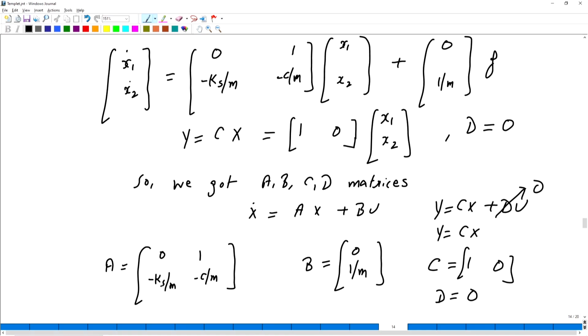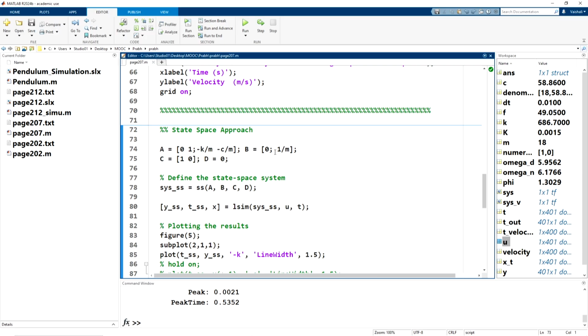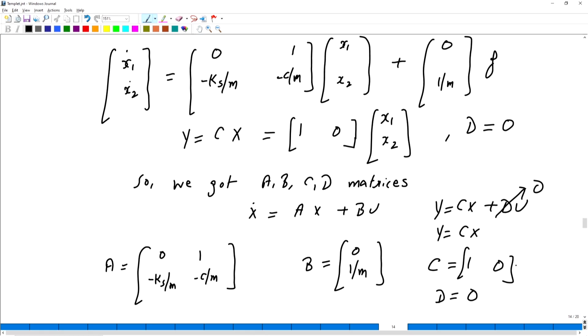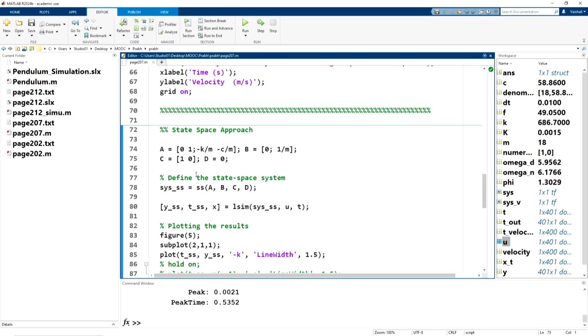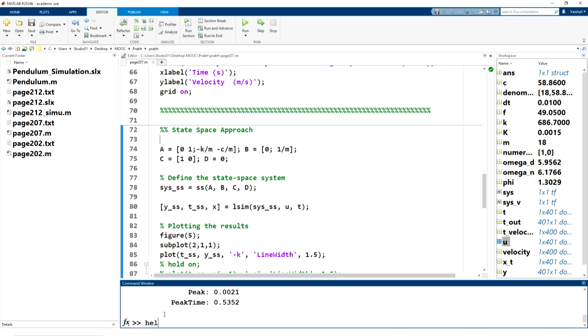B is 0 1 by m, C is 1 0, and D is 0. Now the state space system can be formed by a syntax known as SS. Again, for more information about this syntax, help SS.